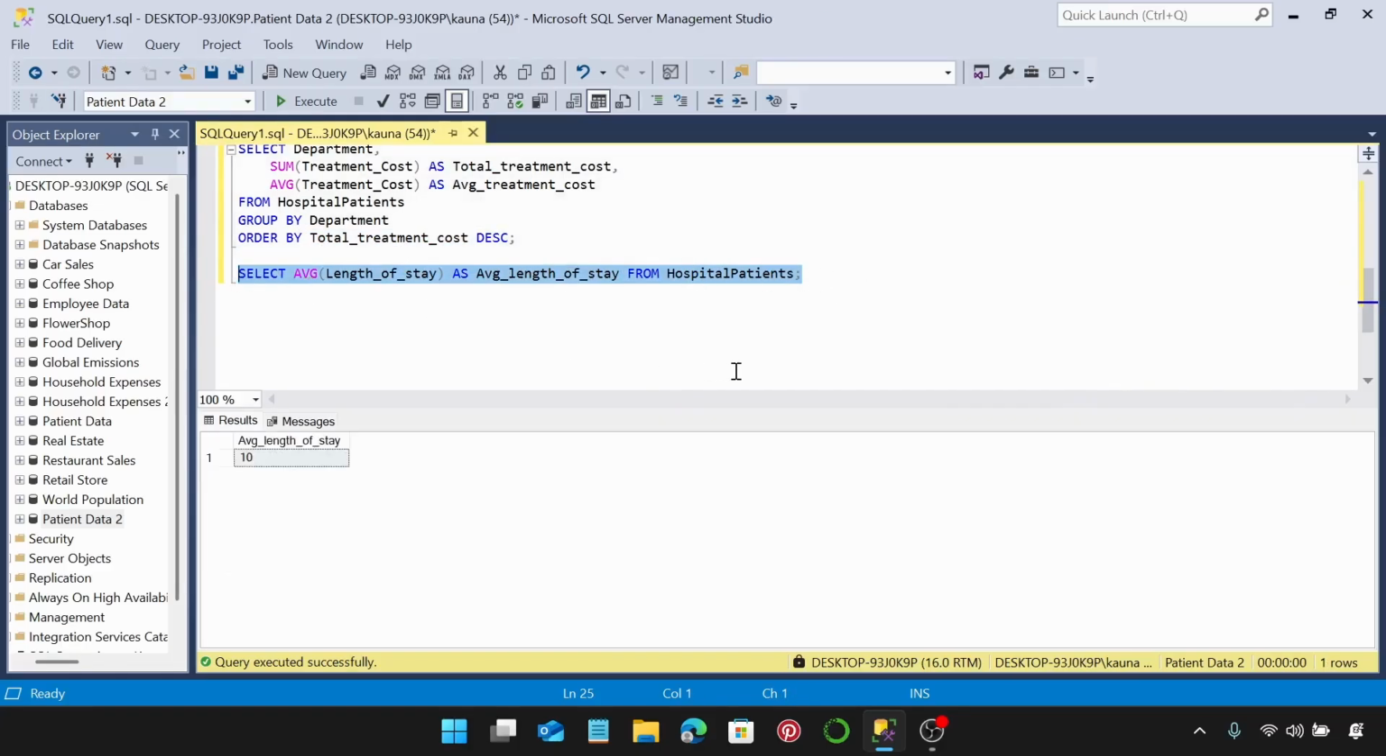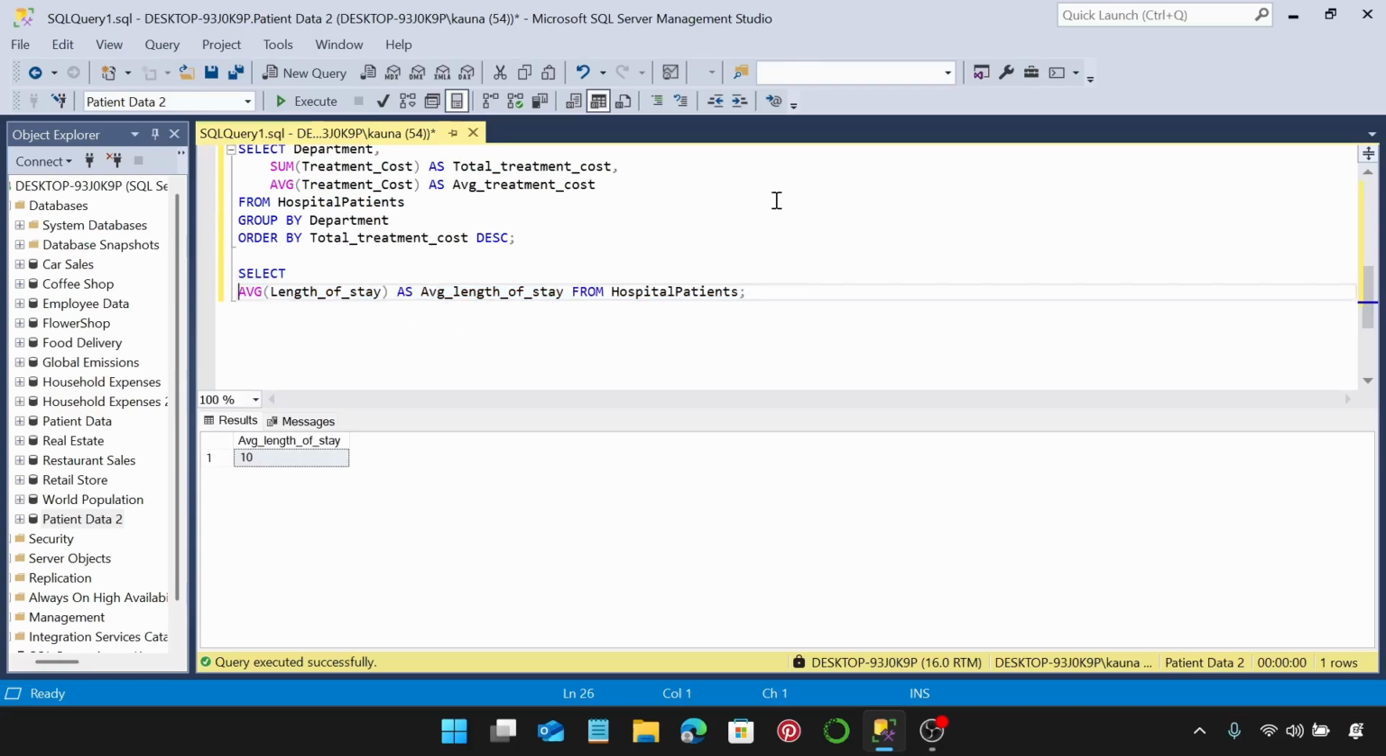I'm going to run. So the entire length of stay for this dataset is 10 days, but it's not really going to do much for us. So let's break it down by department. So let's look at the average length of stay per department. So I'm going to move this here,